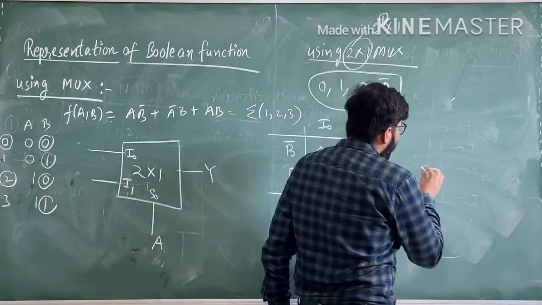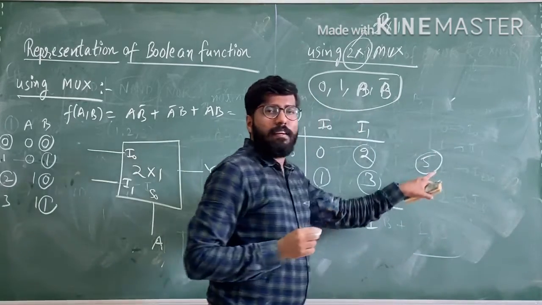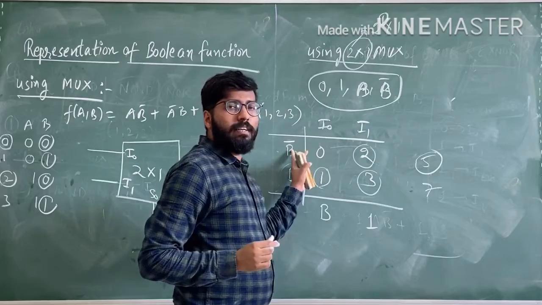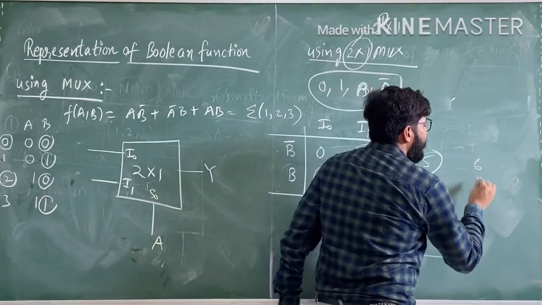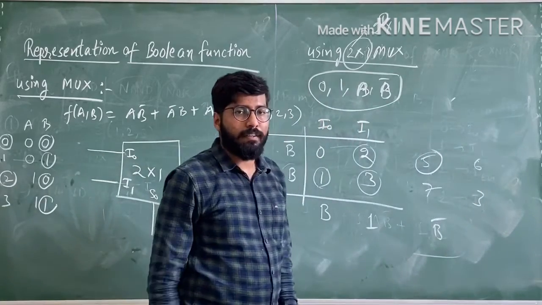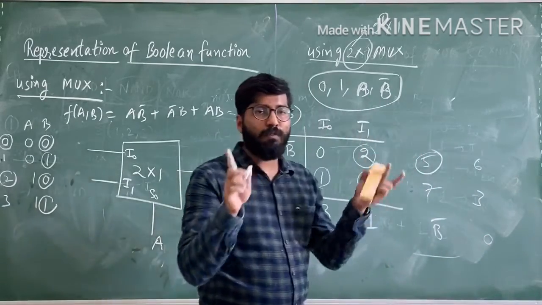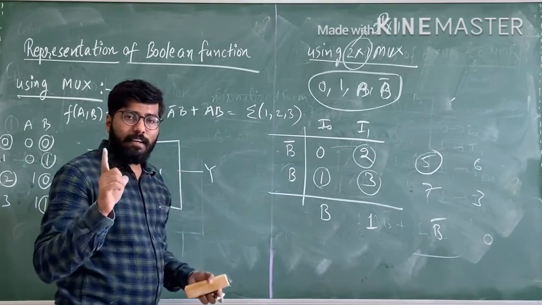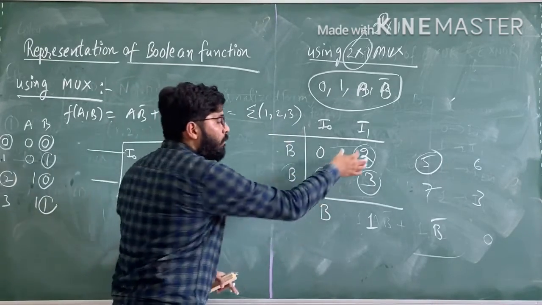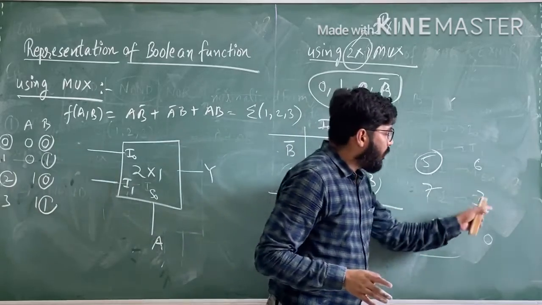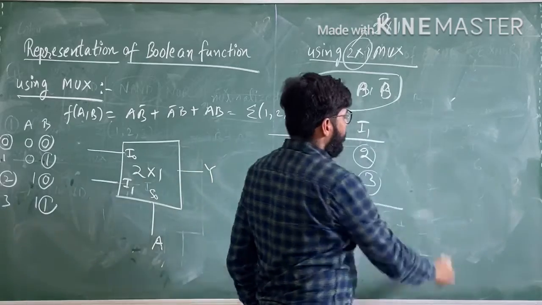Suppose we consider one more condition. Let's say 5 is encircled. So corresponding to 5, which is present, B complement, you have to write B complement. Suppose 6 and 3, no one is encircled. If no one is encircled, then you have to write here 0. So these 4 are the possibilities. If one is encircled, you have to see in the left and write the variable name. If both are encircled, you have to take 1. If no one is encircled, you have to take 0. Okay. But these 4 conditions are not there, we have to remove them.